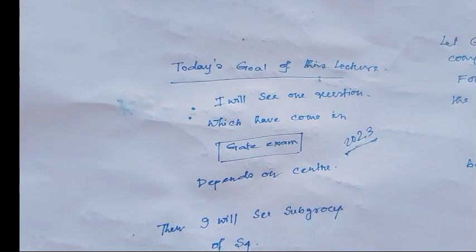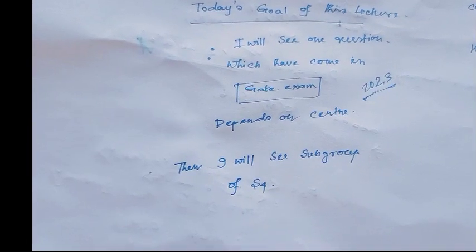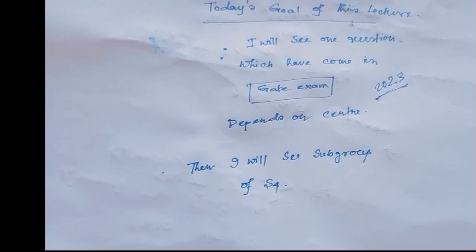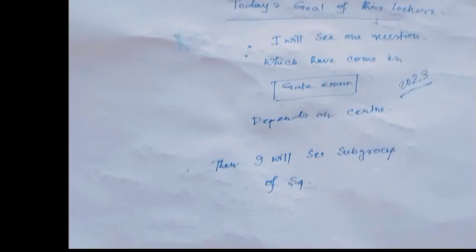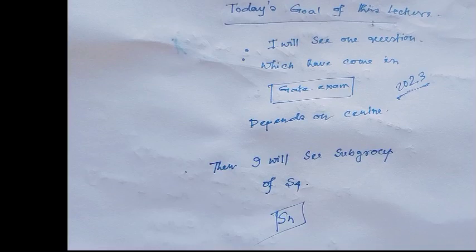Then I will see the structure of subgroups of the S4 group. And if you know this type of structure, then you can understand how the subgroups of the SN group will be. You can understand it easily. First question